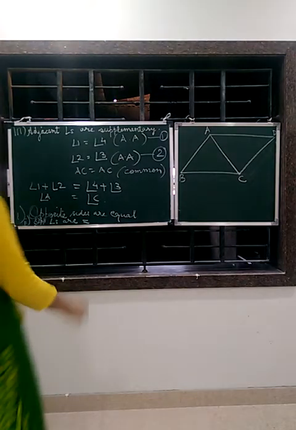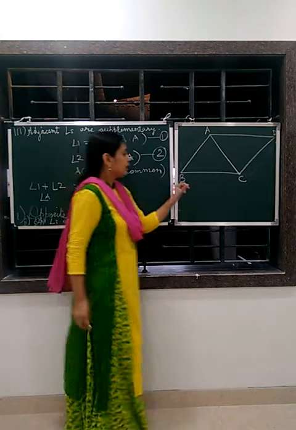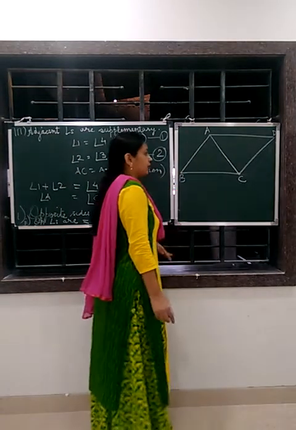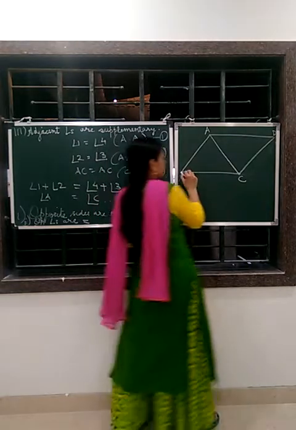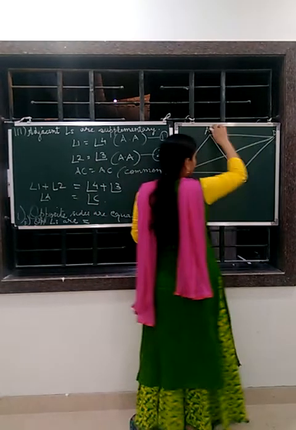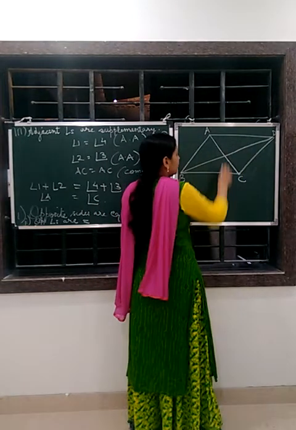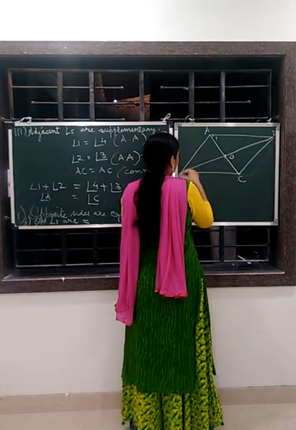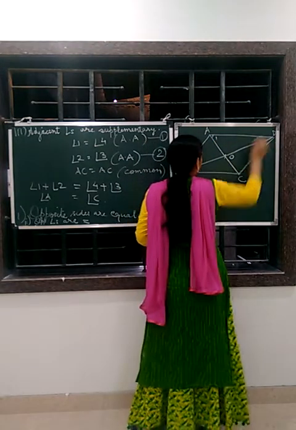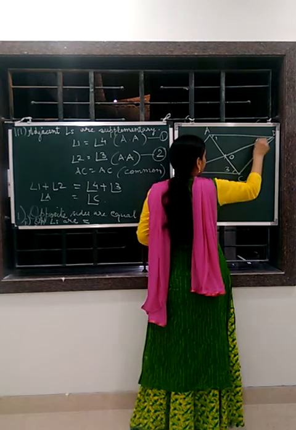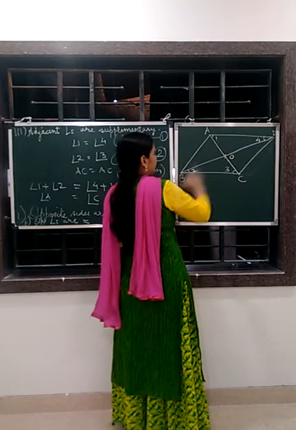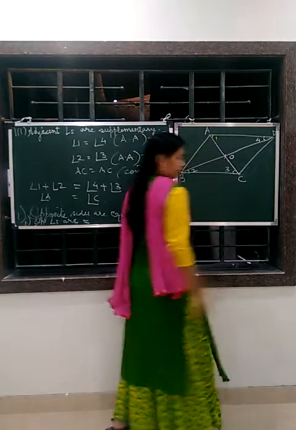So we were continuing with the fourth property. ABCD is a parallelogram. I erased and made another figure. Now suppose I make this also a diagonal, where AC is a diagonal and BD is a diagonal. Okay, so this is a point O. Let's mark the angles 1, 2, 3 and 4. This time we take triangle BOC and AOD.